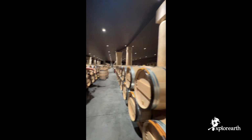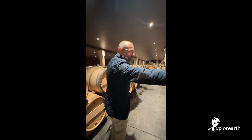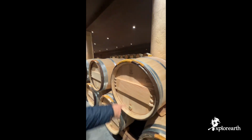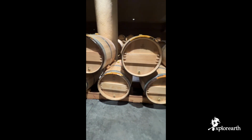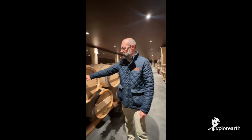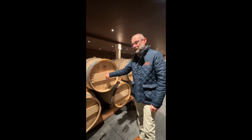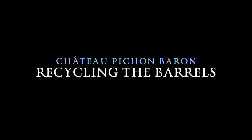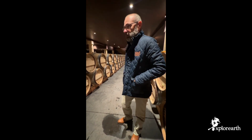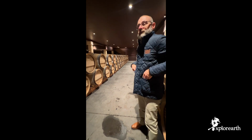And you can see those are brand new barrels. 24. And you can see different suppliers. Coopers like Nadalier, Demtos, Seguin-Moreau, Bout, Berger. We deal with 7 different suppliers. And so what happens to the barrels after 2 years? We sell them. You sell them to people who make sherry and cognac and...